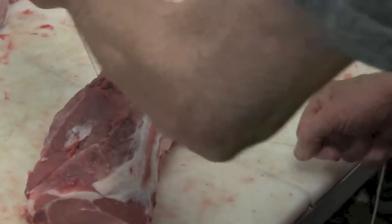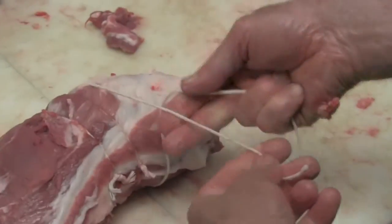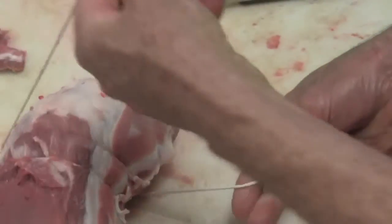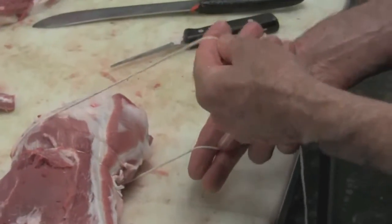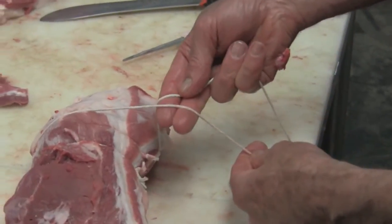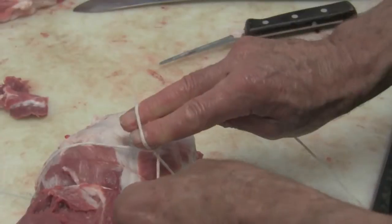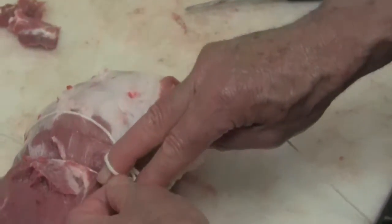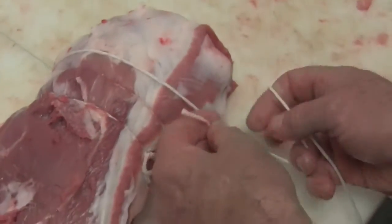This is just a kind of, I'd call it just a basic slip knot. And it starts out with, in your right hand, you've got the string that went under the roast, and in your left hand the string that went over the top of the roast. And you put them next to each other. Then you just give it a gentle twist. And then with your two fingers, you bring that one end of the string through,